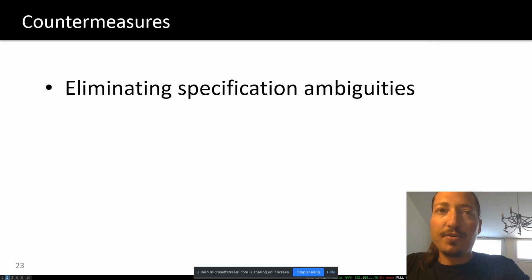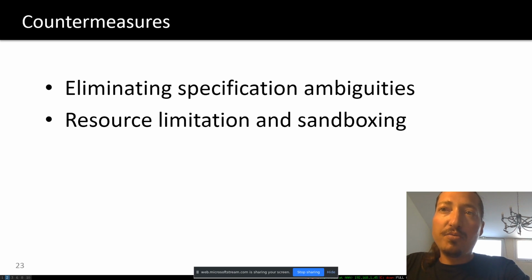Okay, how to fix those issues? Well, to counter infinite loops, we should remove constructs that lead to cycles or recursion from the implementations, but also we should remove such ambiguities from the standard itself, if possible. This would also prevent content masking attacks. We could also try to limit the resources on the host level or the application level, so denial of service could not cause that much damage,